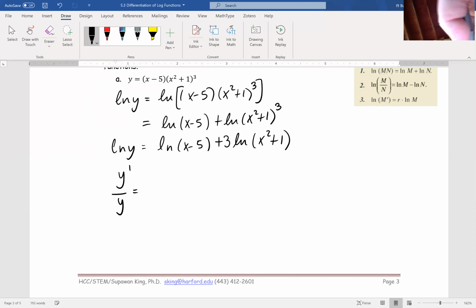And then the right-hand side's really nice. I'm going to differentiate each log. The first one would give me 1 over x minus 5, right? 1 over the inside. And the derivative of the inside is just 1. So I'm not going to write it. We don't need it. This second one, there's a 3 in front. We get a 1 over the inside. And the derivative of the inside is 2x. So to simplify that,